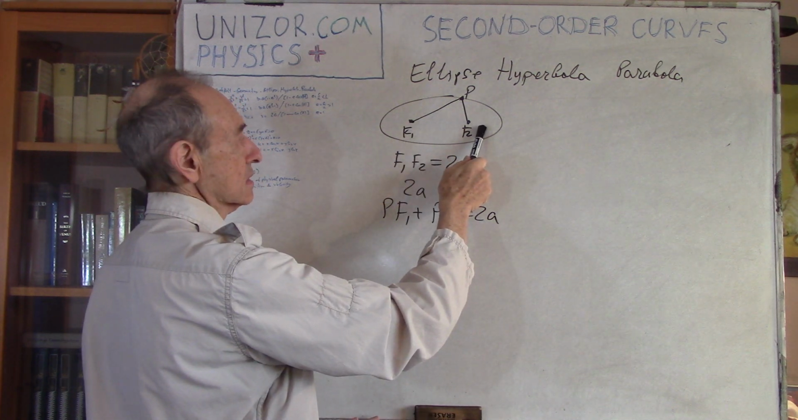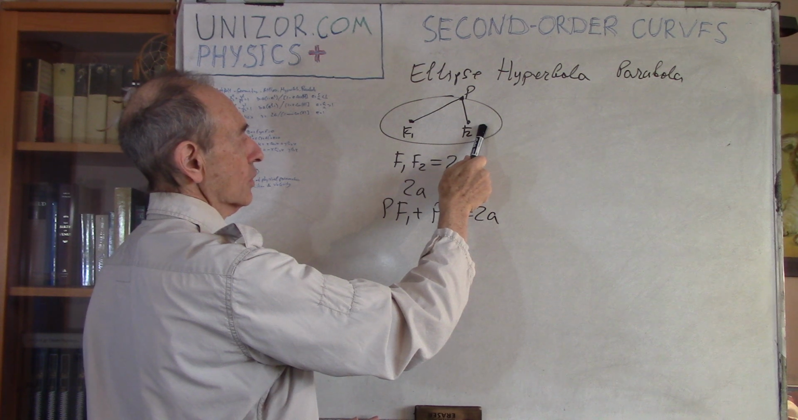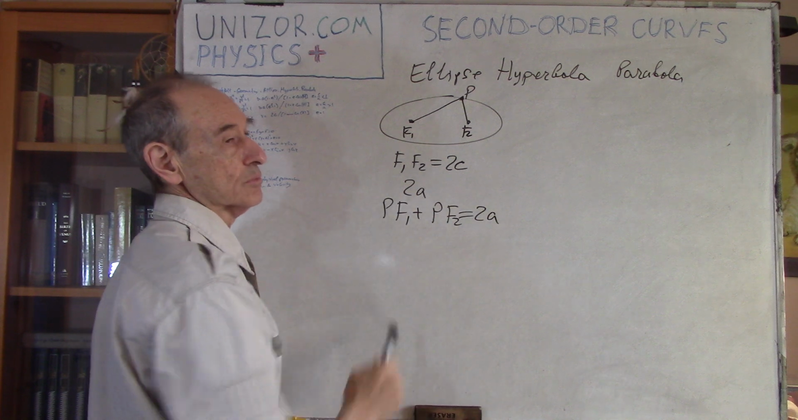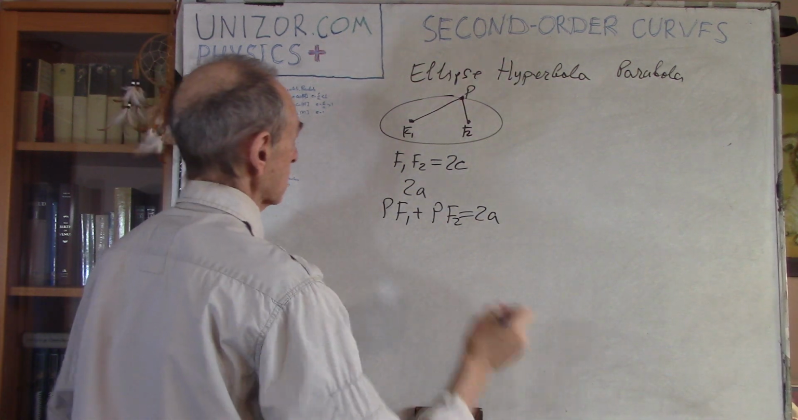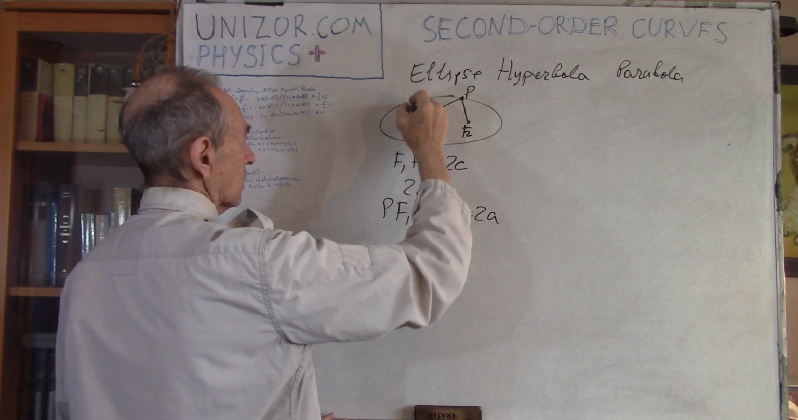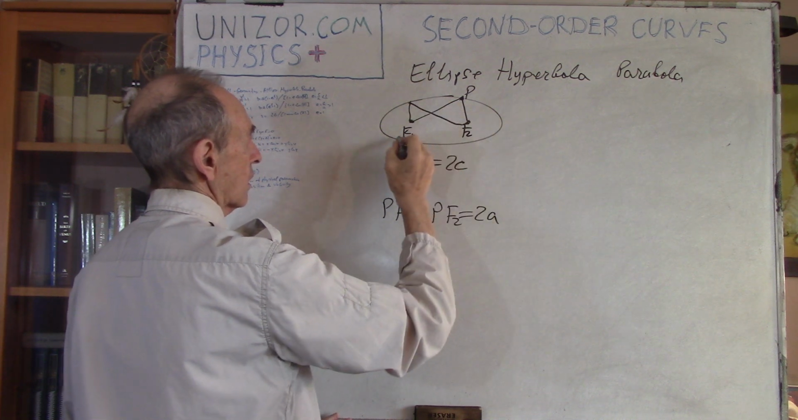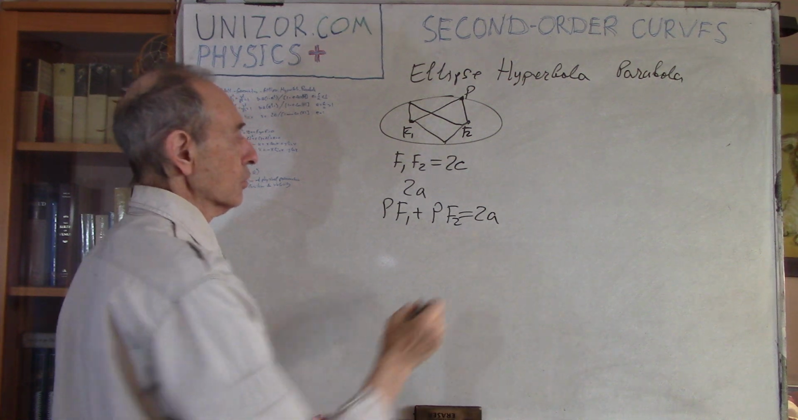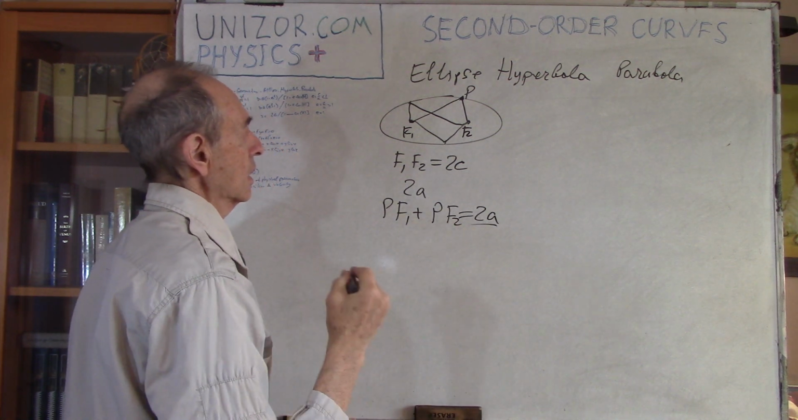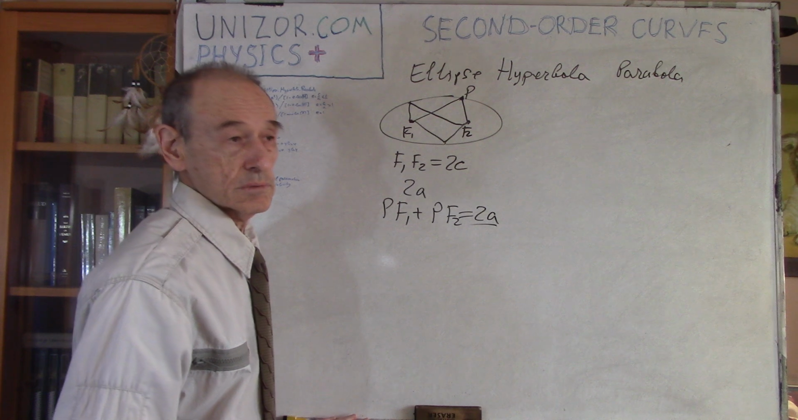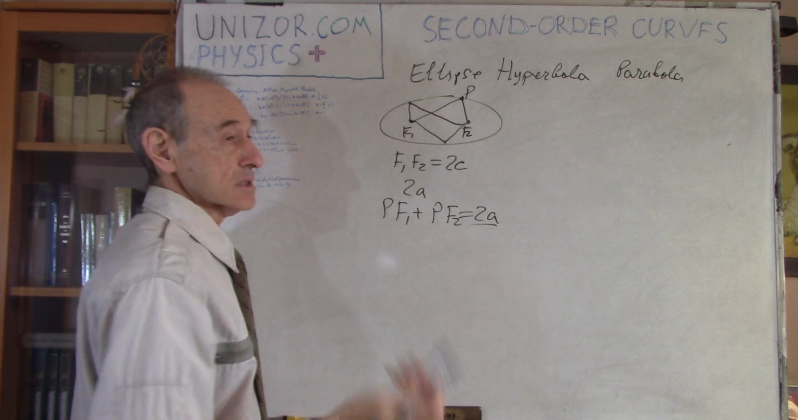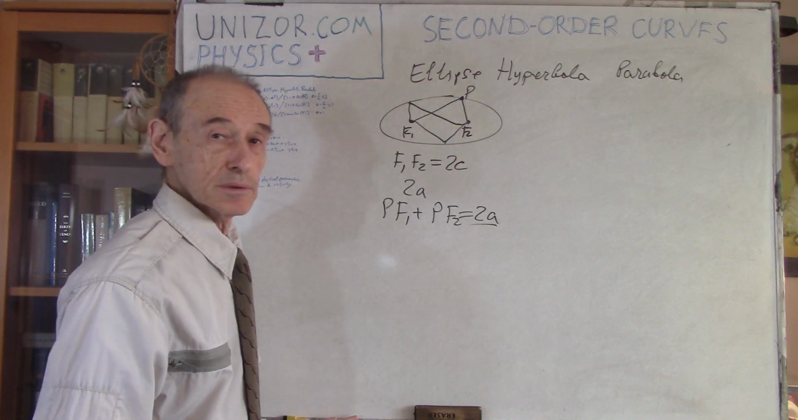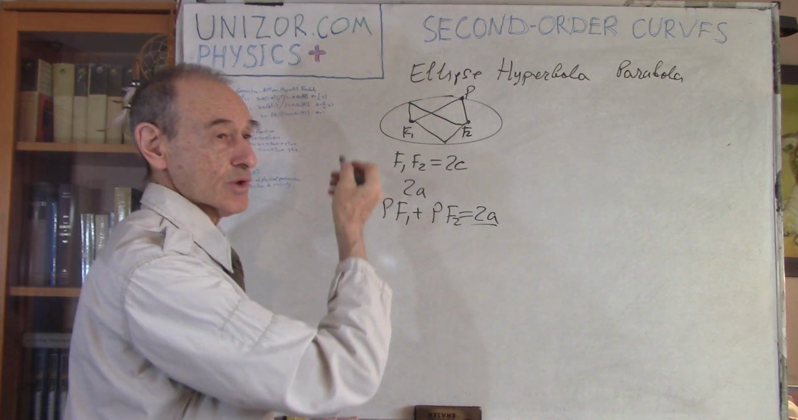2c is given as the distance between these two foci, and 2a is the sum of the distances from any point. An ellipse is all the points for which the sum of these two distances is always 2a. Okay, that's the definition. Now, an ellipse has certain properties, certain optical properties, for example, which I also address in